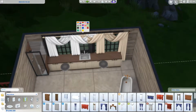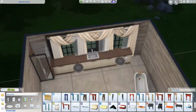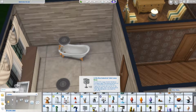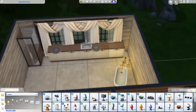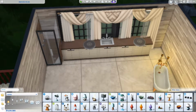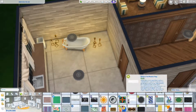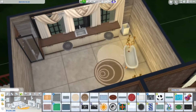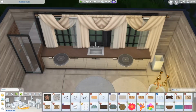Yeah. This bathroom took me a really long time also. I don't know how long it took me exactly, but it took me a long time figuring out what I wanted to do with this bathroom, because I already kind of finished the whole place and I really didn't know what I wanted to do. For some reason I added 2 trash cans in this bathroom just because I didn't know what else to add. So yeah,